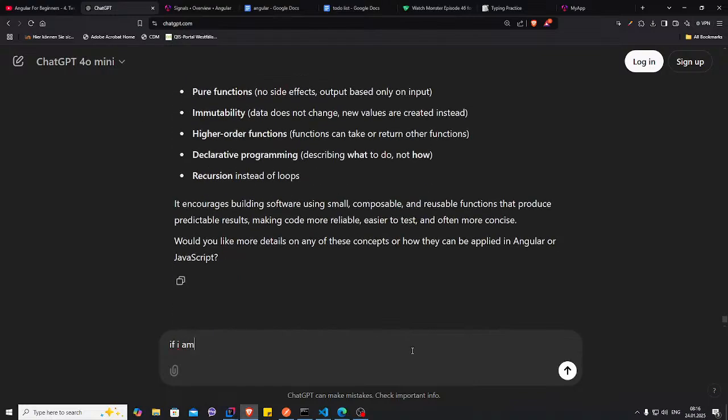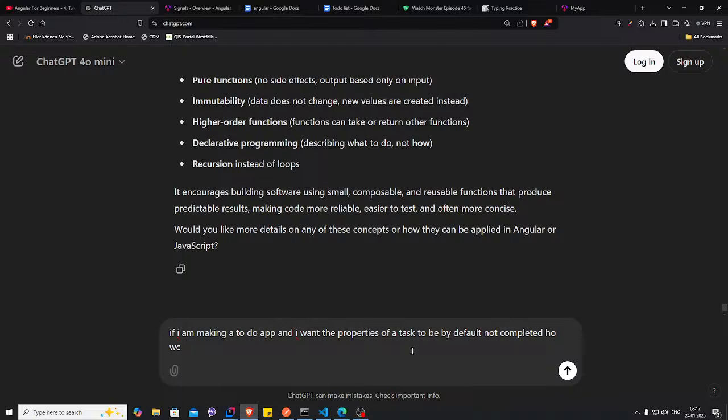if I am making a to-do app and I want the properties of a task to be by default not completed, how can I make that in the database, in the backend? So